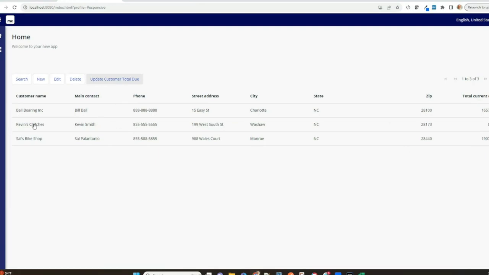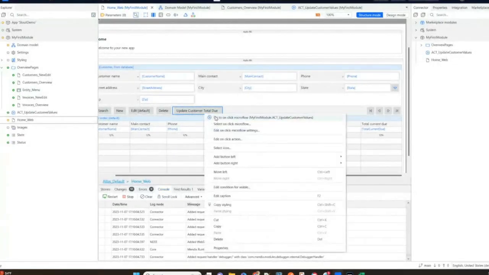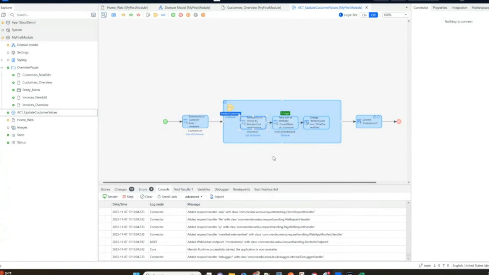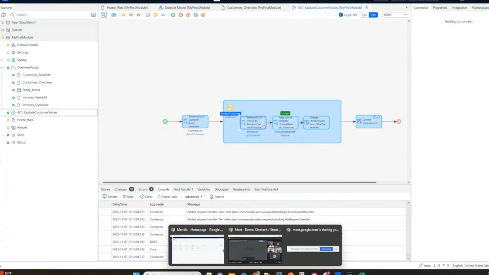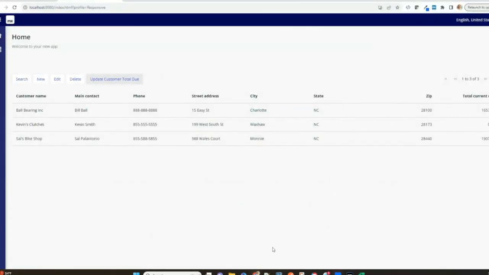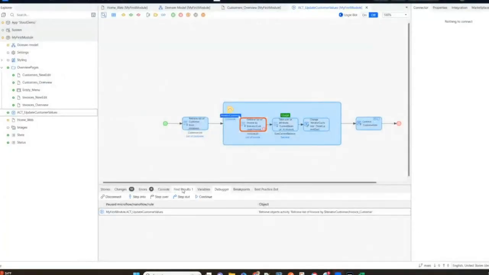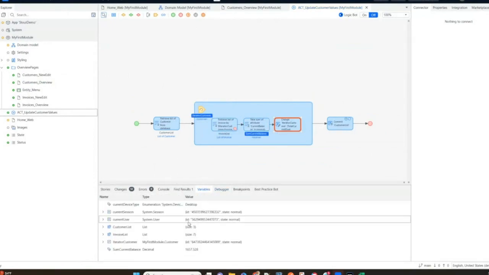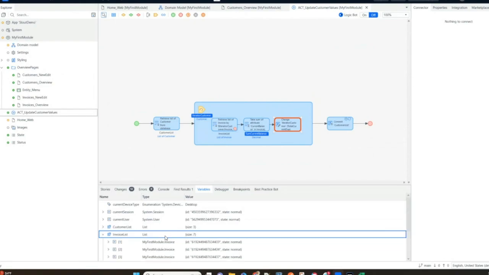Now maybe I'm upset. Kevin's Clutches, I thought they owed us money. What's going on here? Maybe my microflow is not working. Oh, I can go ahead and jump back into that microflow, and maybe I want to just add a breakpoint. And so when I go back and I run this, you'll see I'm triggered with a breakpoint, and I can actually step right in. I can see what we're working with, all of the variables, all of our customers,